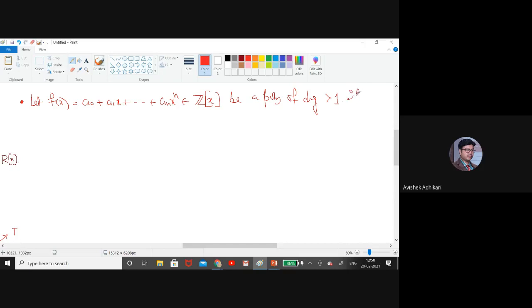If there exists a prime number, you can understand that we are already in Z, so I can think of a prime number, such that f bar(x) = a0 class + a1 class x + ... + an class x^n belongs to Zp[x] and is irreducible